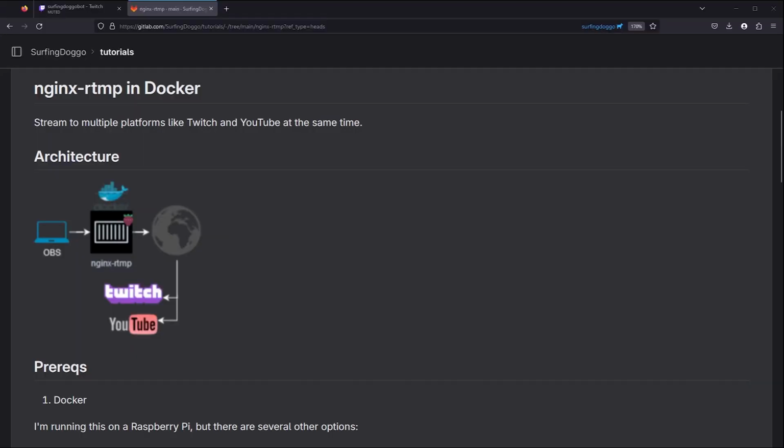Let's do this. First things first, here's what we're going to be doing. We're taking OBS and streaming into Nginx-RTMP inside of a Docker container to the web, and then ultimately to Twitch or YouTube, Kick, Instagram, wherever else you want to stream, as long as it supports RTMP, which I would imagine